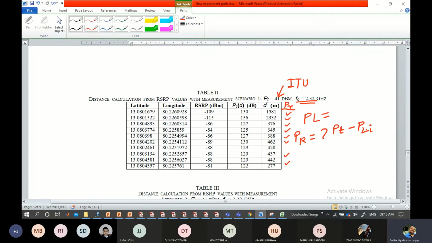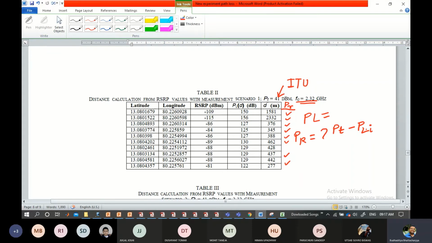Am I clear with the overall experiment? What are we going to do? We first take the reading from a particular location. We have to do two things in parallel. One, we take the reading from the MyTry app to get the value of the RSRP and the latitude and longitude at that point of time.